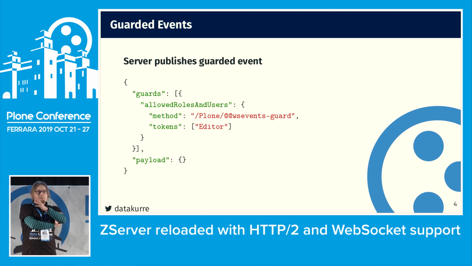For example, in the Gatsby example, I only want to get notifications of the pages that the Gatsby server can show you. Only events from the public pages are considered. Or, as we saw from the Plone example, the editor got the editor messages and the anonymous user got the anonymous user messages. And well, of course that